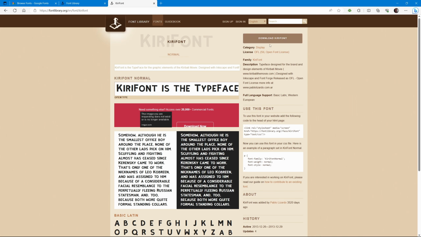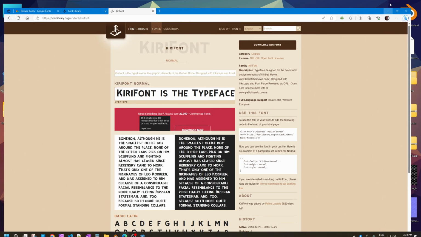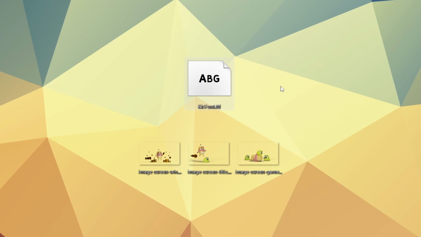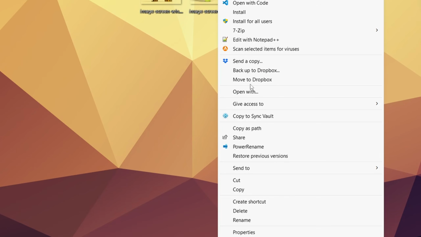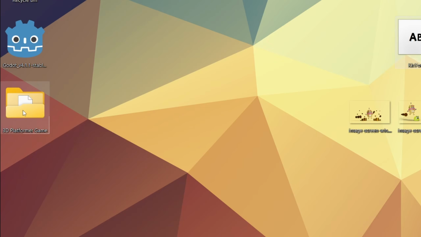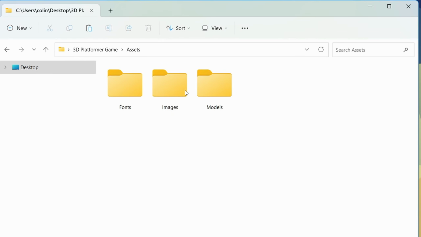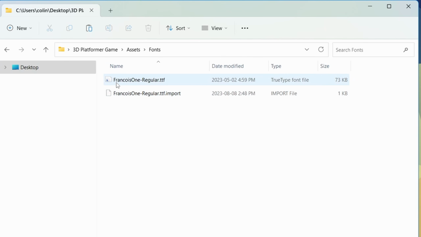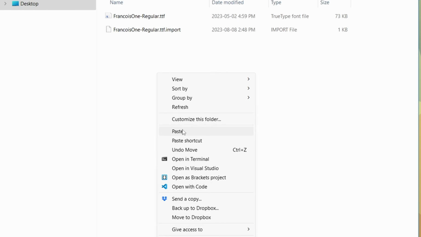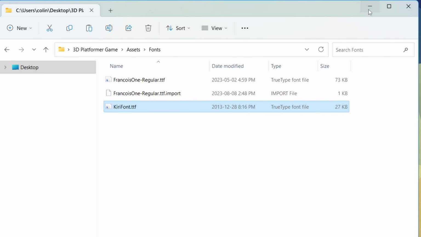When I downloaded this font file, I believe it was in a zip file, so of course I had to unzip it, and I actually have that font file here on my desktop. It's called curiefont.ttf. I'll go ahead and select that file, right click and copy, and I'll go into my game project folder, into my assets folder, where of course I'm organizing all of the assets that I'm using in my game. Therefore, I have a fonts folder from earlier in this course where I pasted the font for that heads-up display for the coin counter on the screen. I'll go ahead and right click and paste the font file into here that I'm using for my game menu,